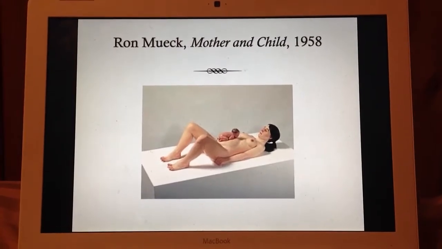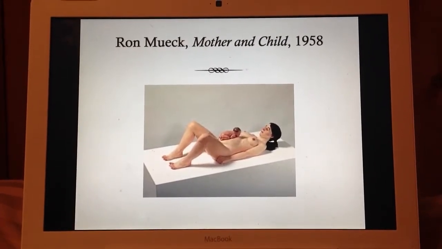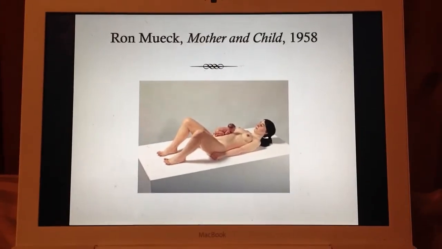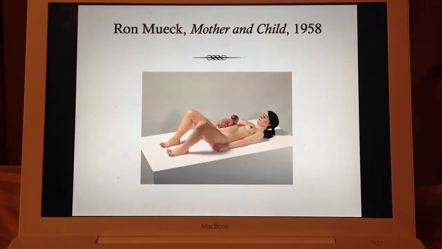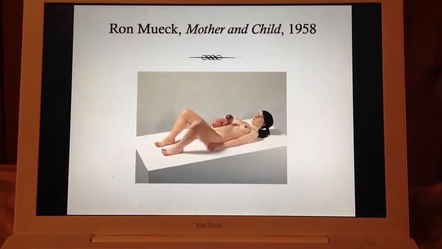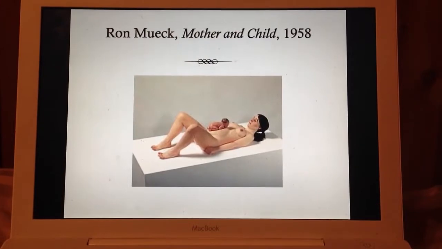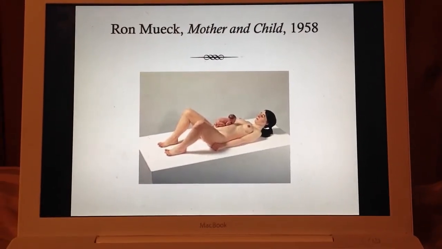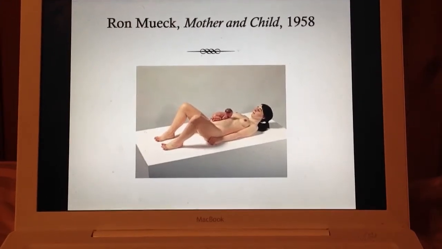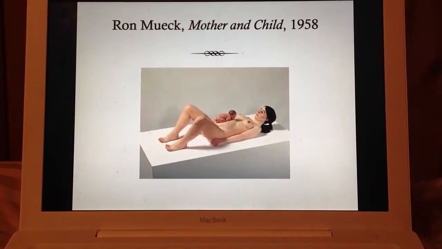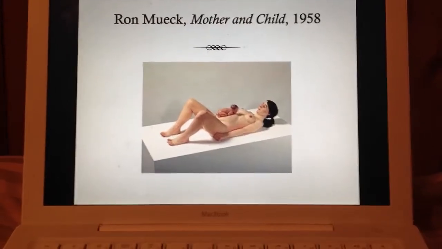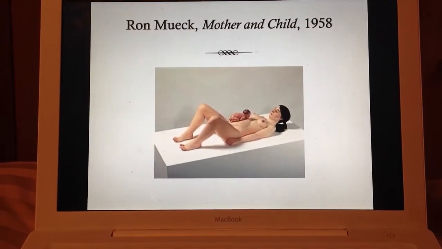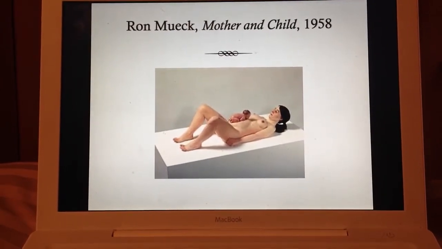The next work of art from the contemporary period that I would consider sublime is Ron Mueck's Mother and Child from 1958. He is a hyper-realistic sculptor, and some of his works, if you walk by them in the museum, you could mistake them for actually a person standing there. With this piece, Ron depicted a mother who has just given birth to a child, and actually from a different angle you can see that the umbilical cord is still attached and inside of the mom, with it laying across the lower part of her belly.